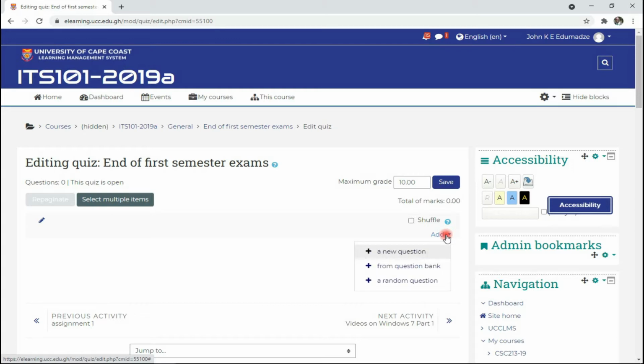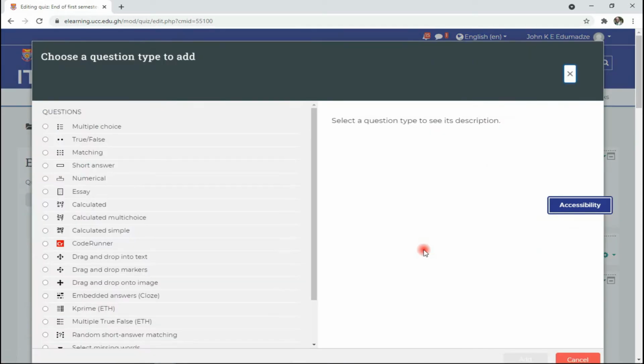This gives you 3 different ways to add questions to the quiz that you have created. That is, Add a New Question, Add from the question bank, and Add a Random Question. Let's begin with the first one, the Add a New Question option. Clicking on this option gives you the option to add a question to the quiz by typing the question directly,